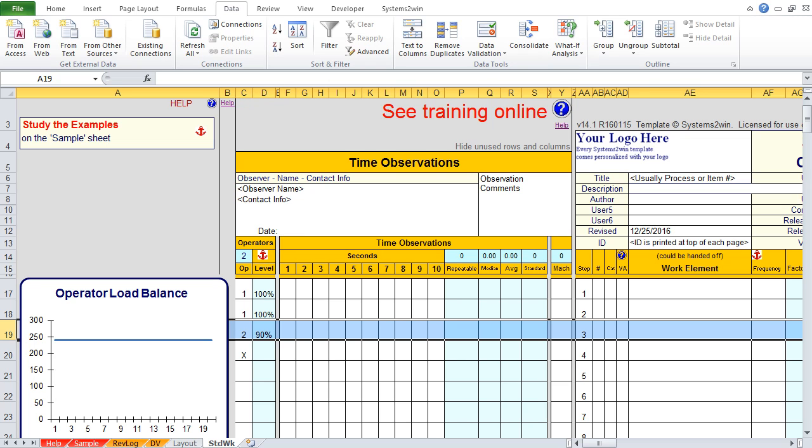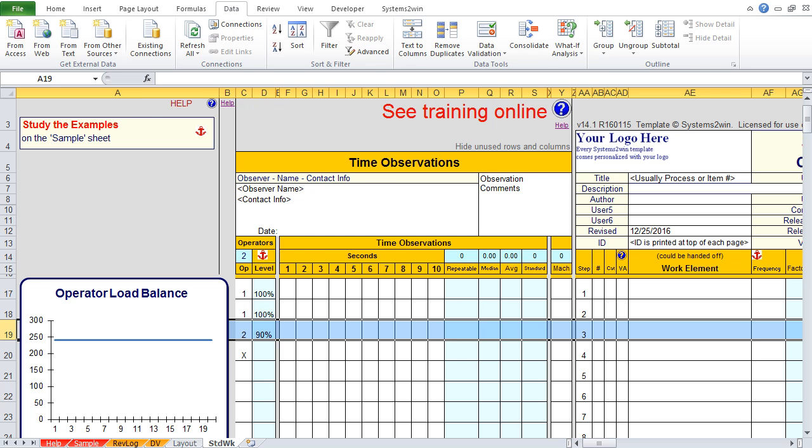In other words, there's one row per work element. If an experienced observer was out there observing Sally and she's doing a full minute's worth of work, but he notices that there were 3 different points that could have been breakpoints, she could have handed it off to someone else. That would be 3 work elements, each with Sally's operator number. If Bill was out there working on something for 10 minutes that could not be handed off, that's 1 work element.